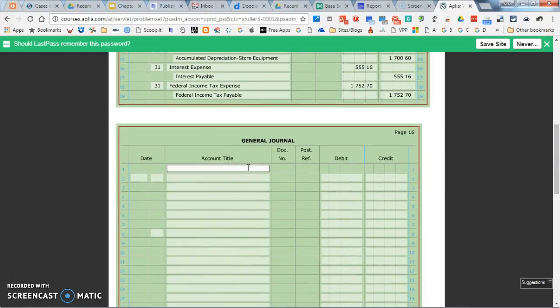Now we are moving on to closing entries. And while all of this information does come from the worksheet, you just have to kind of know and memorize what has to be done for closing entries. So first we are going to label it closing entries. Our date is December 31st. And then we have several accounts here that go together. So our first one will be sales, and it's a debit of